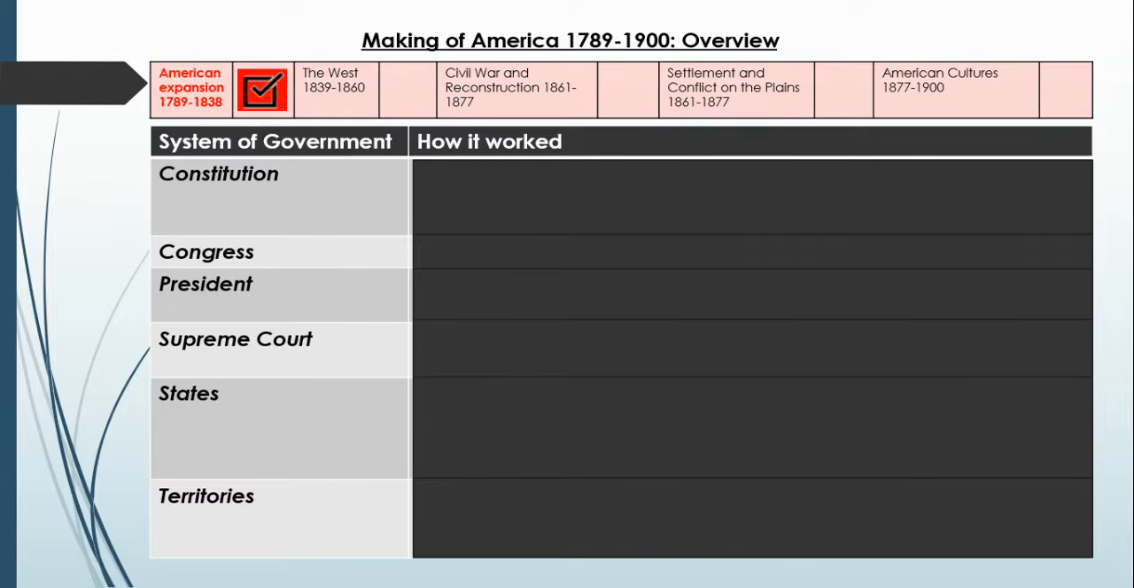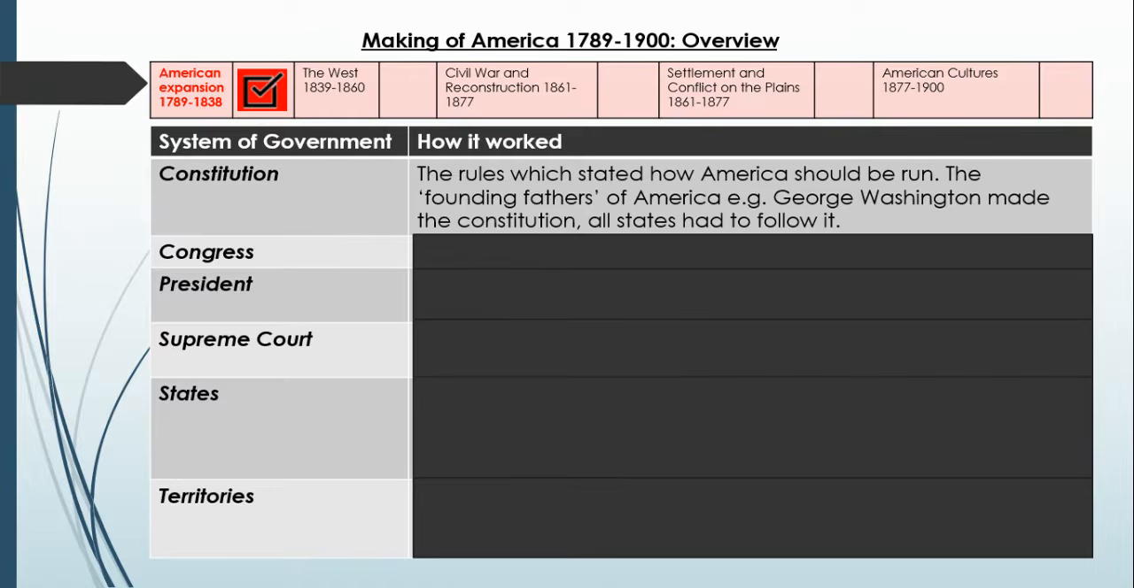throughout the course. The first part of the system of government then is the Constitution. This is basically the set of rules which stated how America should be run. These rules are always referred back to, even though they were created by the founding fathers of America, for example, George Washington. So even though these rules were made straight after America got their independence, after fighting the British, these rules keep being referred back to many years later, and this will cause a few issues as we go through